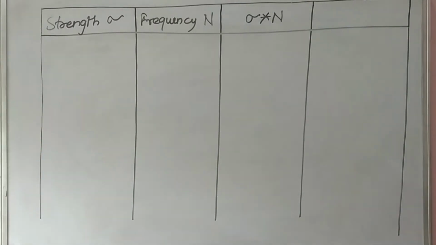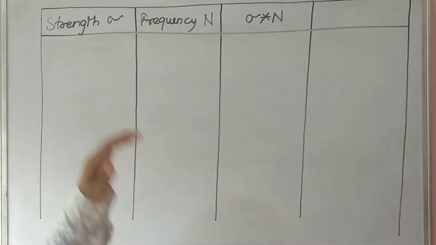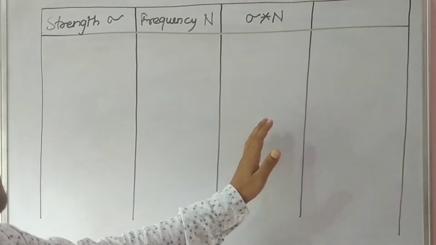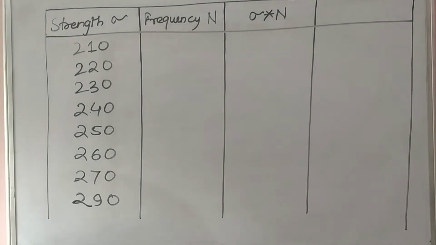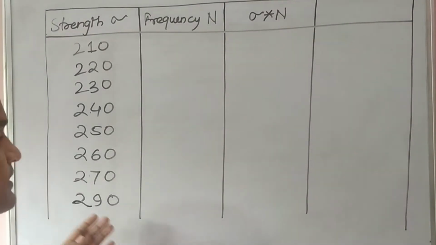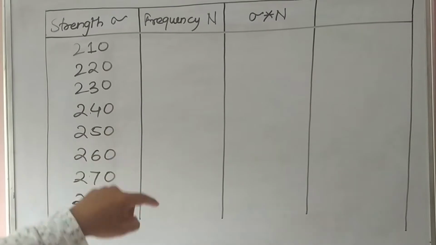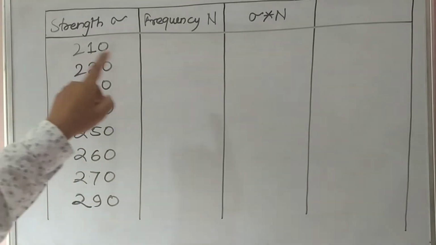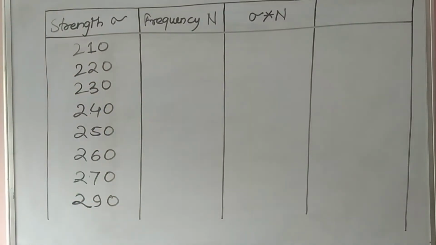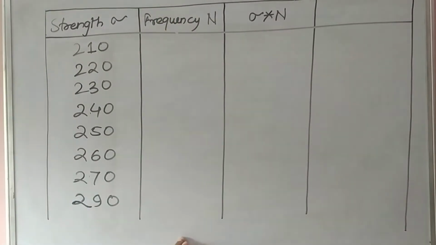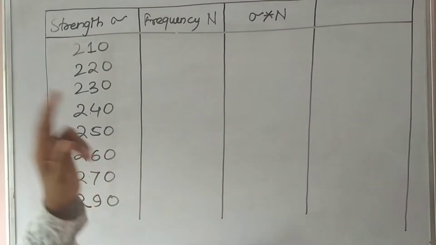So let us put all the values in these two columns and then multiply these two for getting results in the third column. So we have written down all the values of strength that is coming into the test results, and after writing down these values of strength we have to write the number of times that these test results are appearing in the set of results that we have obtained. So that is called frequency, and that data we have to fill in this column, and let us write it.